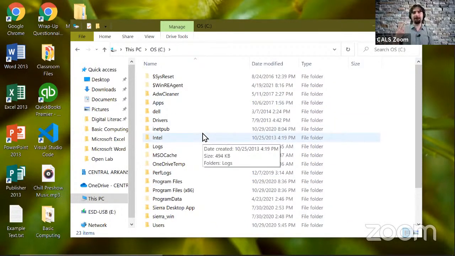So there are two main types of things that are stored on your computer's hard drive, or really on any device that stores computer information. Those are called files and folders. Files are basically just little blobs of information, and they can be a lot of different types of things. For example, one type of file that's very common these days is a digital photo. If you took one with your phone or with a digital camera, or if you have a photo that you downloaded from the internet onto your computer,